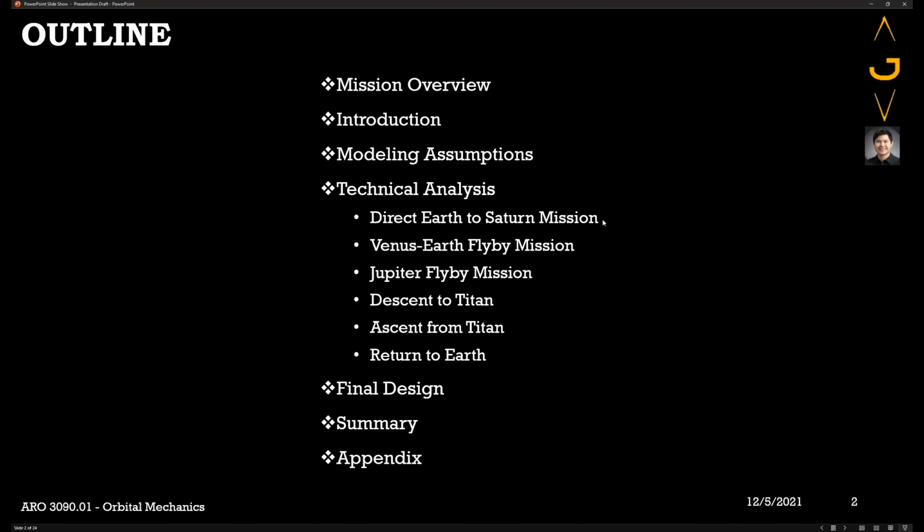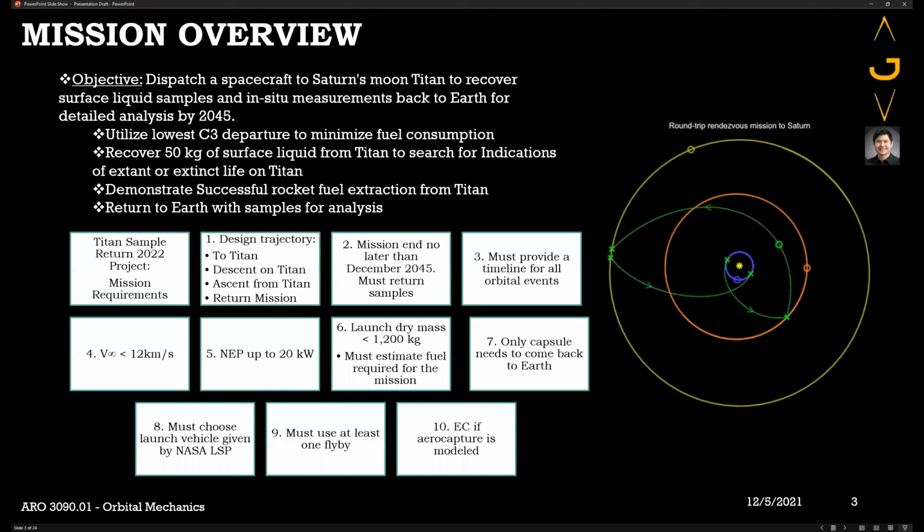Here's the outline of the project that we're doing. We will talk about technical analysis, and we will choose our final design. The mission overview: there are 10 mission requirements that we need to consider, and the most important ones are the entry velocity to Earth, as well as that it has to be no